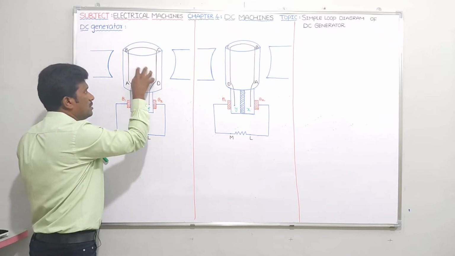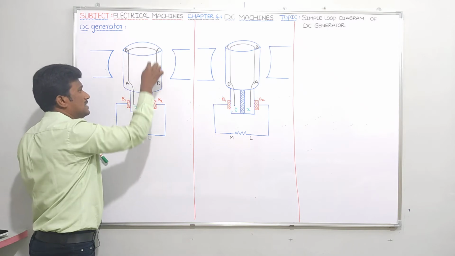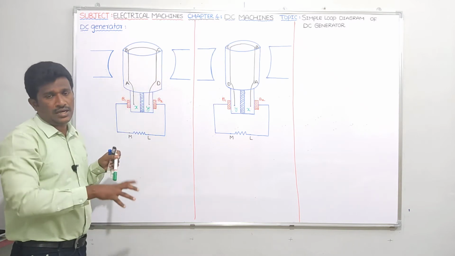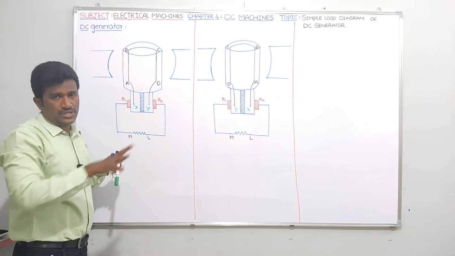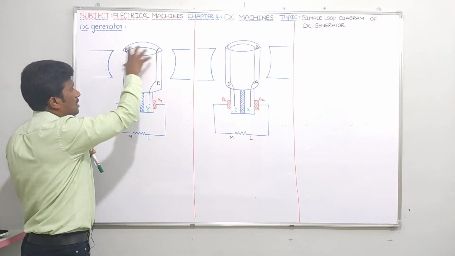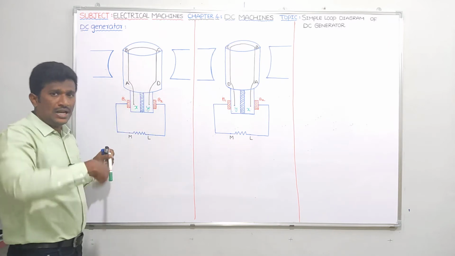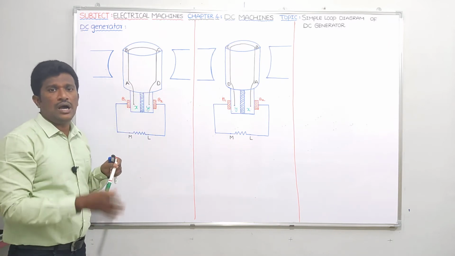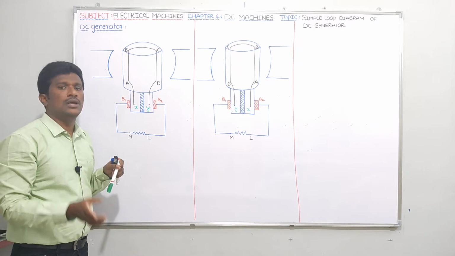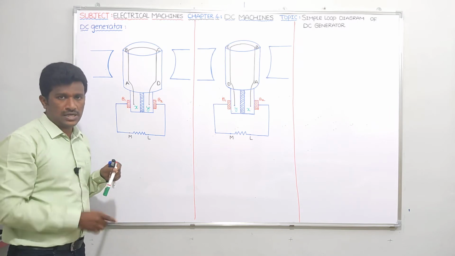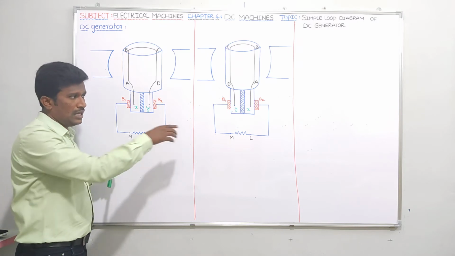Okay, so this armature, this AB is a conductor, CD is a conductor. I told you that in a practical generator, a conductor can be called an armature winding. So obviously this ABCD I can take as an armature winding, which is placed on the rotor. I will give the reason also. In a DC machine, you always have to place the armature winding on the rotor and the field winding on the stator. For that reason, I will be giving it in this video only.